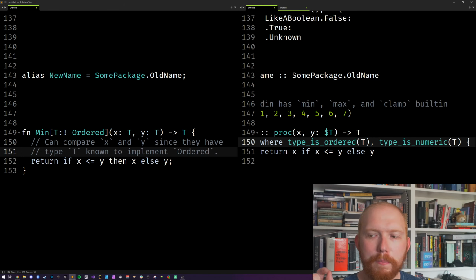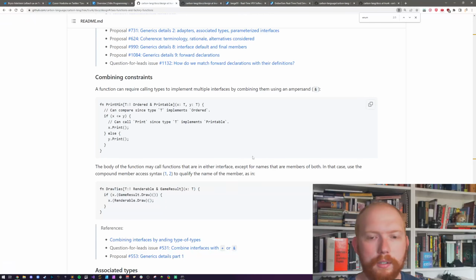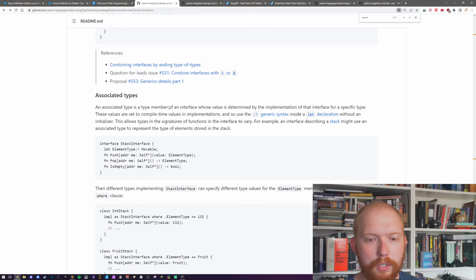Like, oh, it doesn't meet this particular constraint, because if you just did 'and' and your thing's really big, it would just say the entire thing's failed. It's like, well, where did it fail and which bits did it fail on? We don't know, because it could have failed on multiple bits. But having the commas does aid in there. Very nice. Associated types.